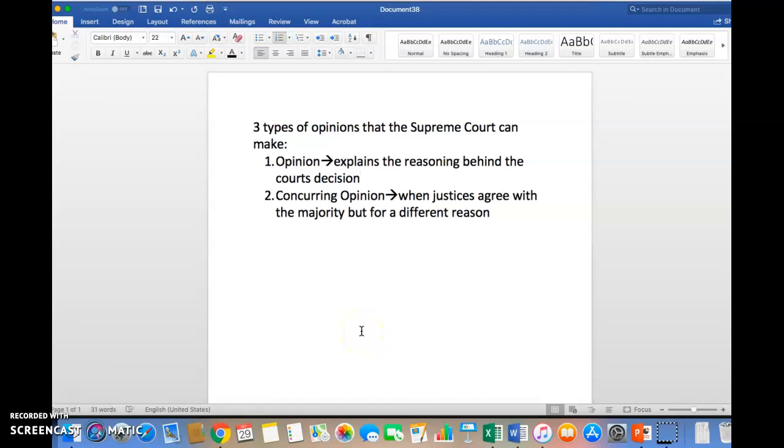Okay, so when we left off from lecture one, we were talking about what a concurring opinion is. I'd said that you and a bunch of friends are going to go to Norfolk to eat, and you decide that you want Italian food, that you want pizza. Well, you agree that you want pizza, but now you have to decide where you're going to go, and maybe